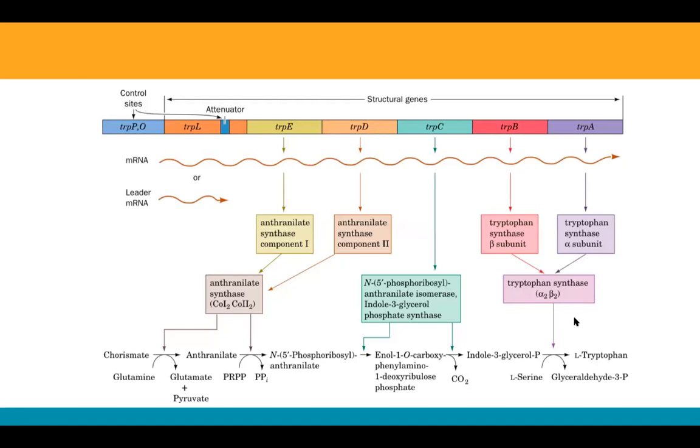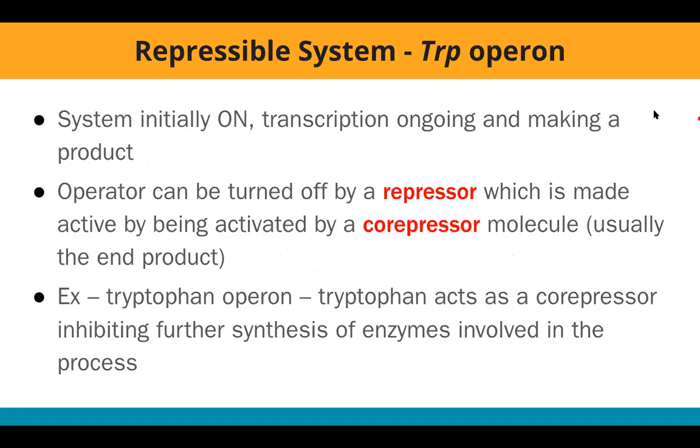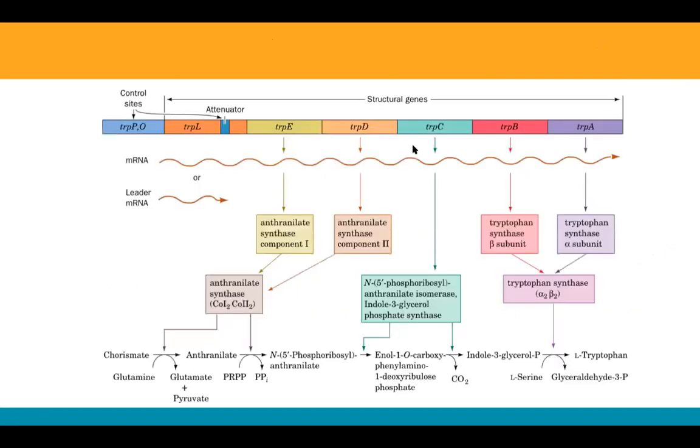But if you get the gist of it, what it means is that the bacterial system makes a way not to over-accumulate tryptophan. If you have enough supply of tryptophan, it needs to turn off the enzymes producing tryptophan. Okay, so this is the structure of the trp operon. We have the control sites just like in the lac operon. We have the promoter, the operator, and then we also have an attenuator. And you have these structural genes, the